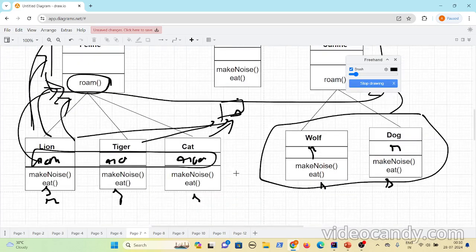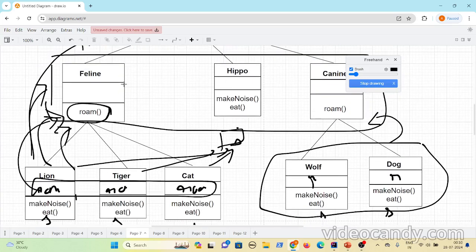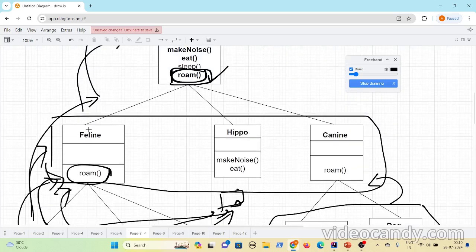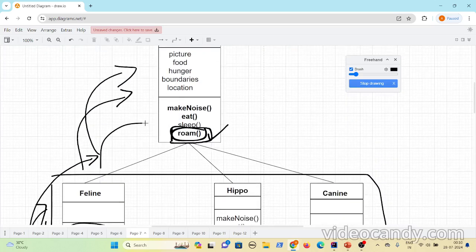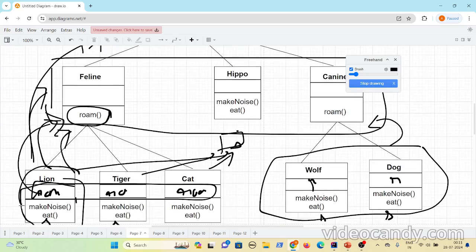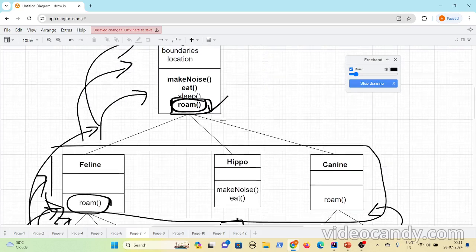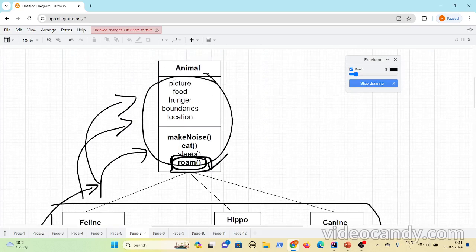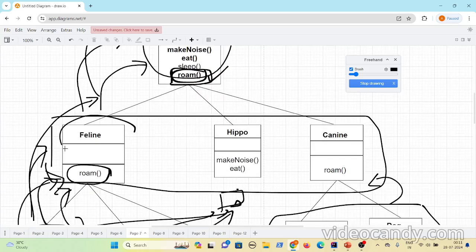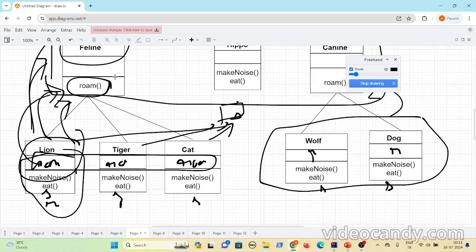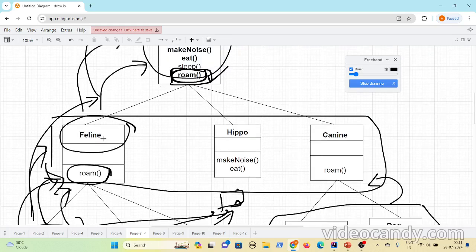So when you do this logic, you might get the doubt: whatever methods or instance variables are present in the feline, only those can be used by the lion. No, it's not so. Since feline is extending another superclass, whatever logic is present here can be reused by lion as well. Because ultimately, whatever logic is present here will be reused by feline, which means that all these methods are part of feline.